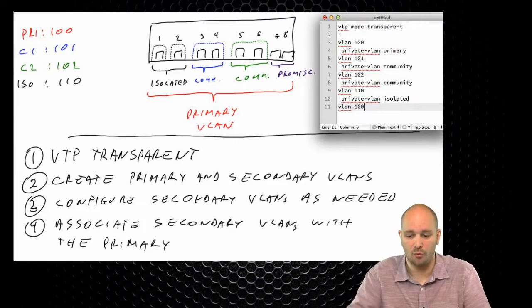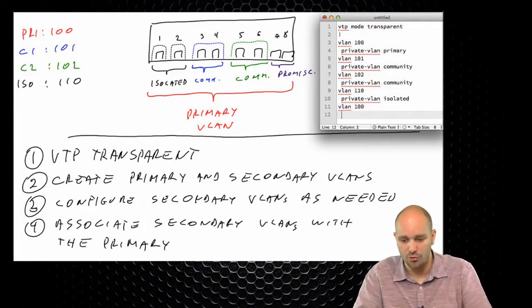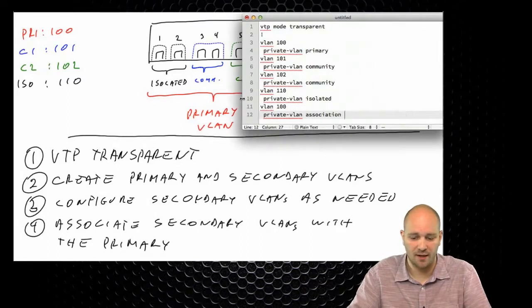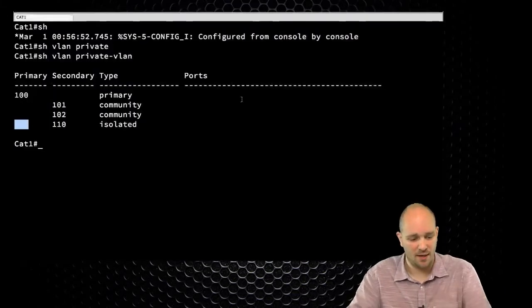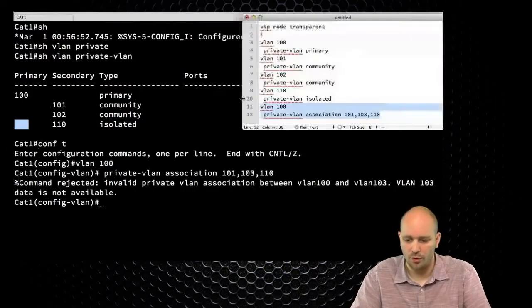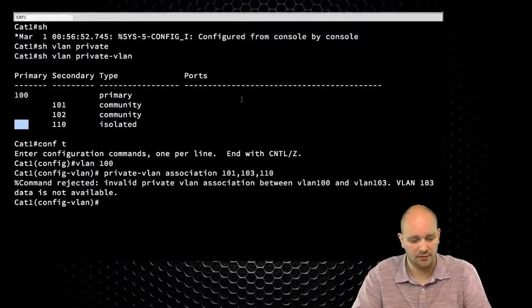So I'm going to go back to VLAN 100, and I'm going to say private VLAN association, and then I'm going to associate this VLAN with the 3 of my secondary VLANs. So if I go and paste this back in here, oops, oh, it's not 103, it's 101, 102, just a tiny little typo.